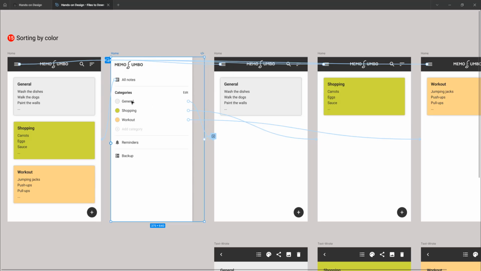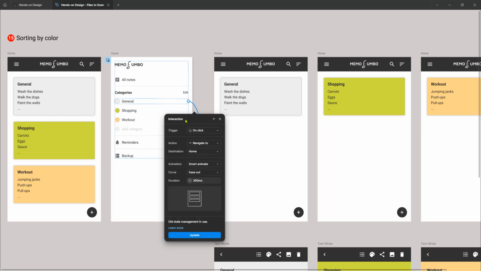When the user hits here, general, the user is telling without words, I want to go to some specific page where I'm going to see only nodes. That might be one, none, or many of them with the same color, categorized under the same general filter, general sorting. So on click,